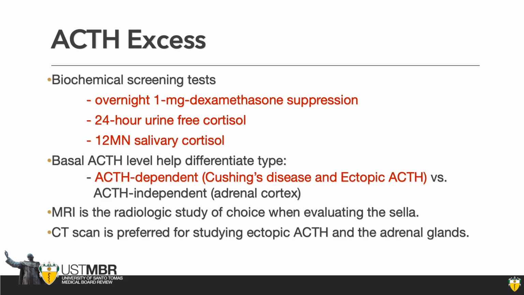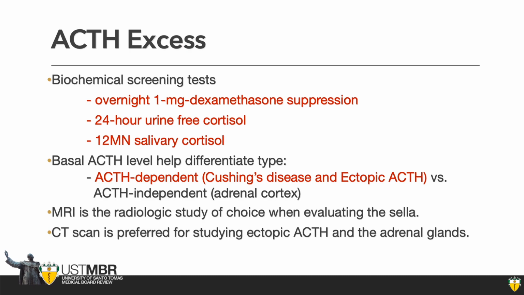So how do we screen for excess cortisol? It's either doing an overnight 1 milligram dexamethasone suppression test, measuring a 24-hour urine free cortisol, or measuring a 12 midnight salivary cortisol. Why midnight? It's supposed to be at its lowest point at night. If the cortisol from saliva is elevated at midnight at its lowest point, then that's one of the screening tests for